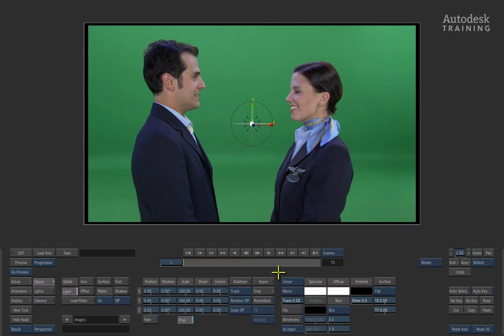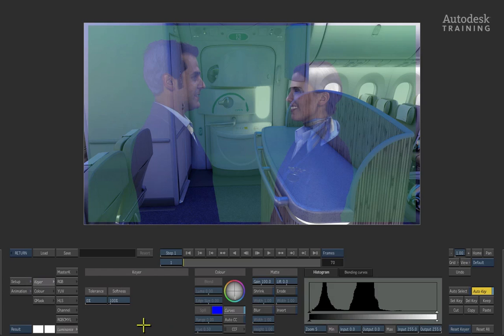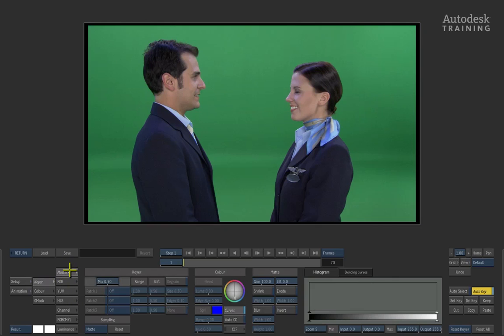But the function we're interested in here is called keying. The keyer function is located in the middle of the interface. If you click the keyer button, it will then launch us into the keyer. The keyer is full of high quality keying tools, and these all come as part of the software. The tool we're going to focus on this time is called the master keyer. To enable this function, if we come to the left of the interface, you will see your column of keying tools. The master keyer is the top option, so if you click this button, it will put the master keyer